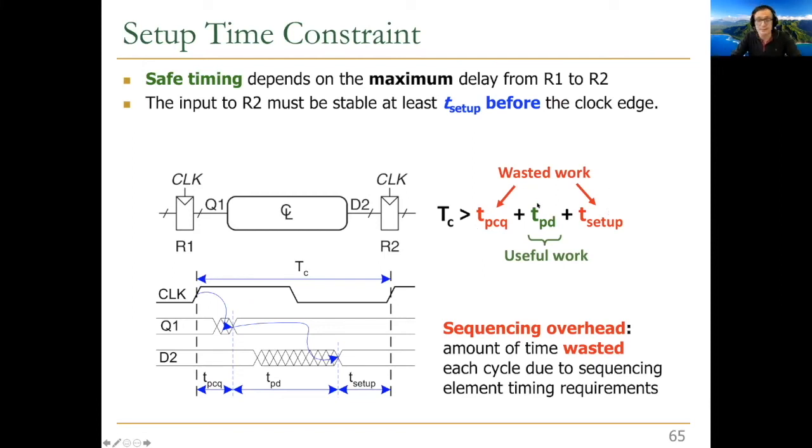One of you may ask, what if the propagation delay of the combinational logic is too large? Then you increase your clock cycle. But what if somebody says your clock should be 10 gigahertz or 5 gigahertz? Then you make sure you don't put too much combinational logic in, which increases your propagation delay. So you can control your clock cycle time by changing your propagation delays, by changing what you put into the combinational logic,